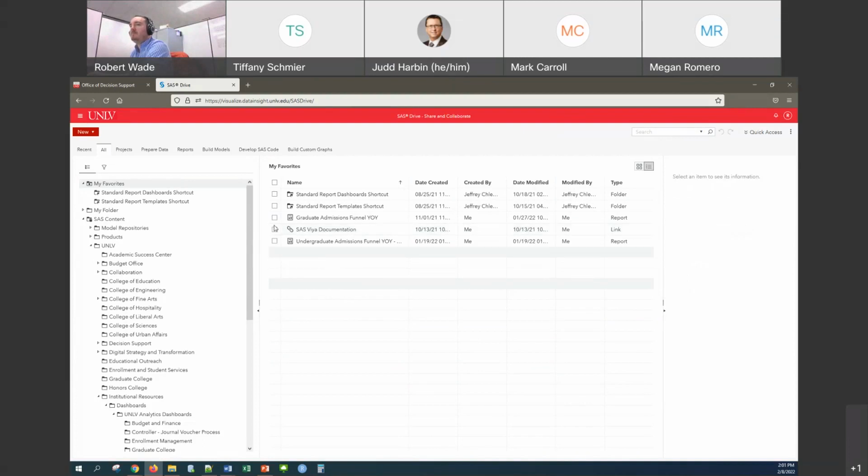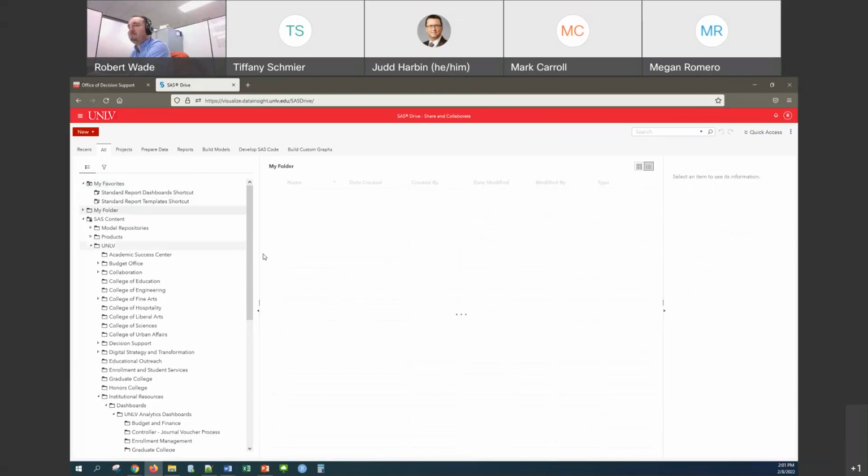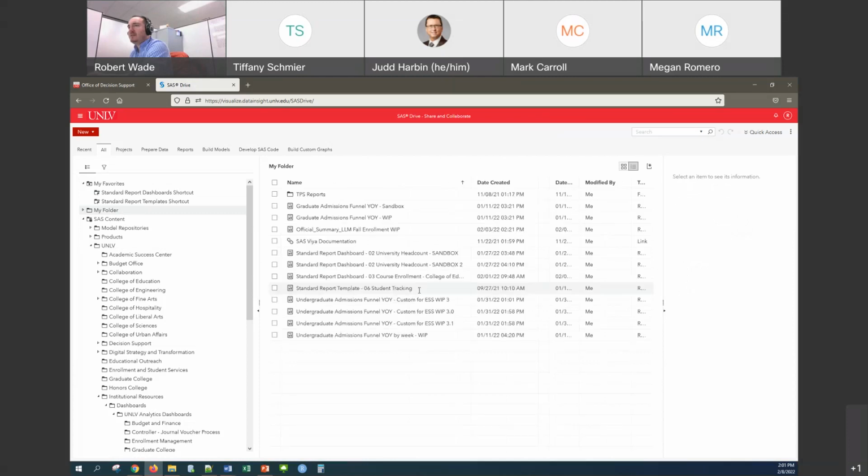Oh, wait, I know what we've got to do. Instead, you have to start with your My folder. My bad. You can't create it directly in your My Favorites because you're not allowed to actually save items in your My Favorites. You're only allowed to save shortcuts in your My Favorites. So, my bad. So you have to start in My folder